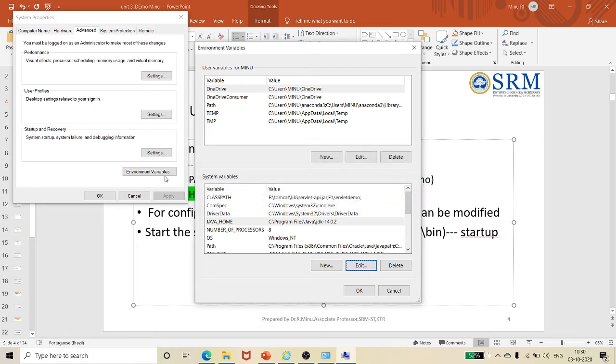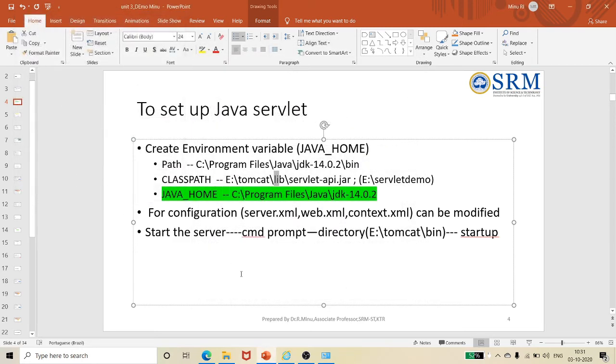So, from Control Panel go to System, System Properties, and there Environmental Variables. Give all these environmental variables, then apply or click OK. These are the three environmental variables you may require.